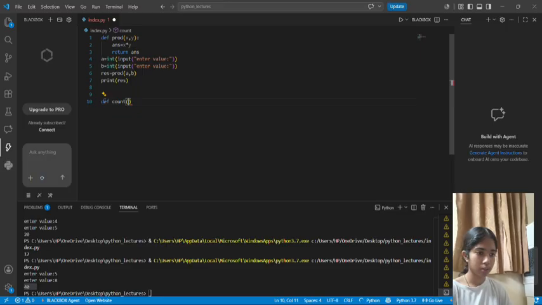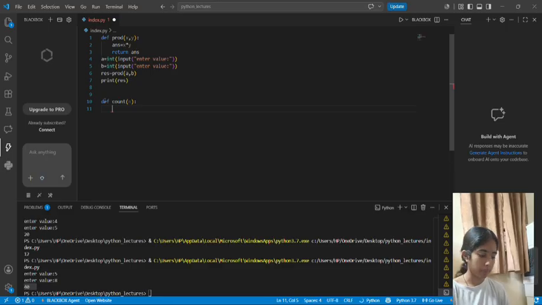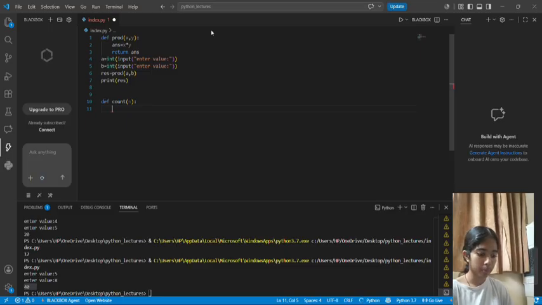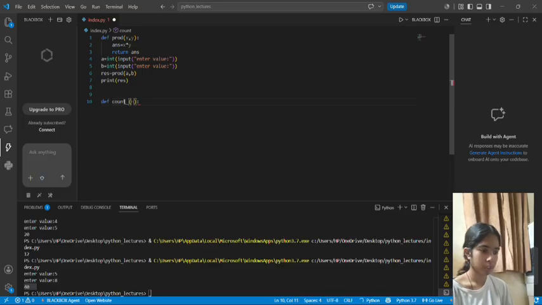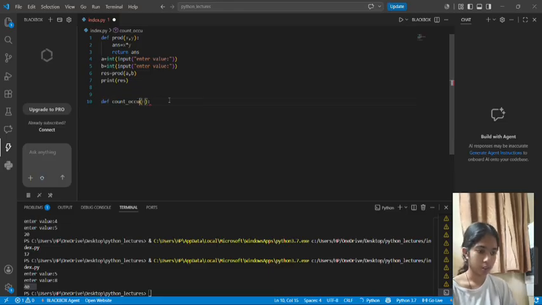Count, and we will give one parameter, which value you want to count. We cannot give the name of the function as a keyword, like count is a keyword. So we will write count occurrence, and also we will have to specify the string in which you want to find the number of occurrences